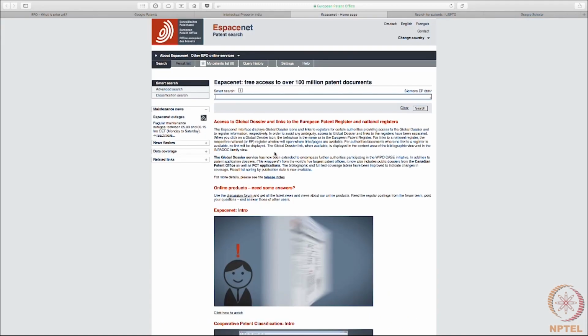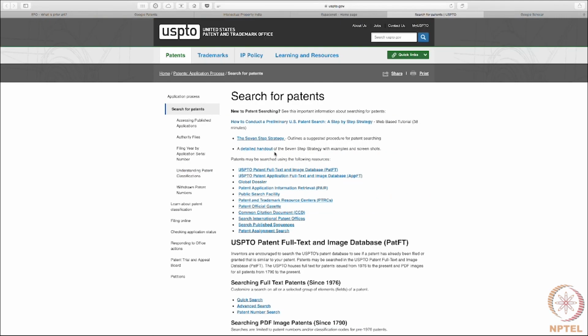Now, the European Patent Office also has a search. The patent search is called Espacenet. You have more than 100 million patent documents here. So this provides you the search for that. The US Patent Office has its own search. And this is the database, the link from here.